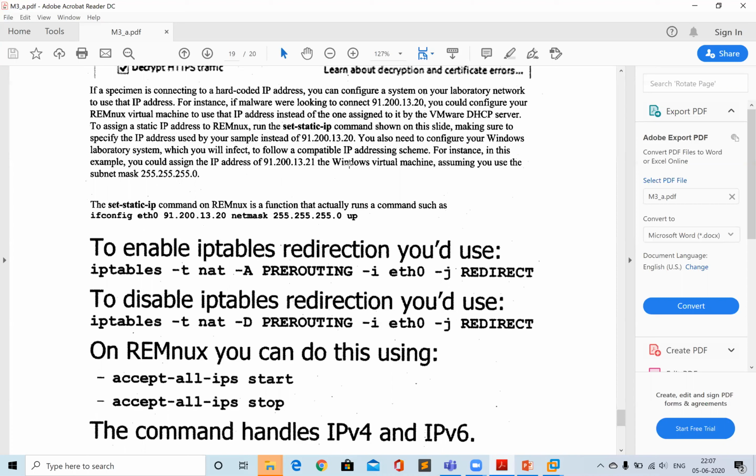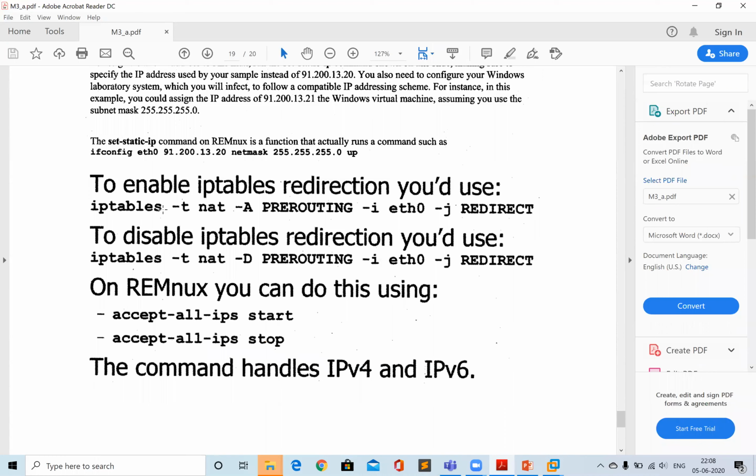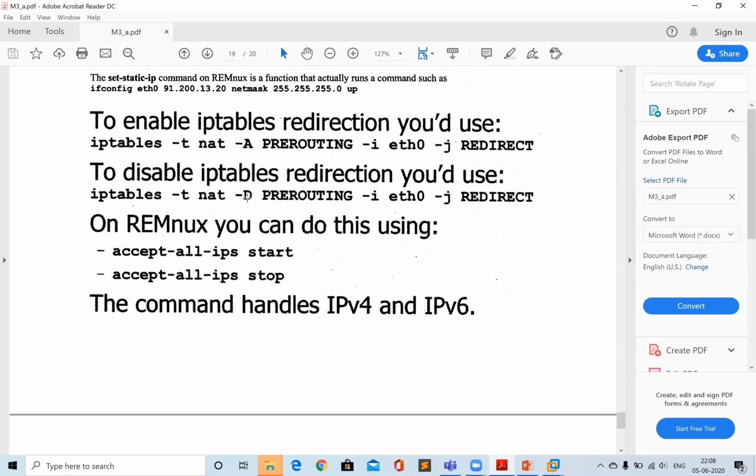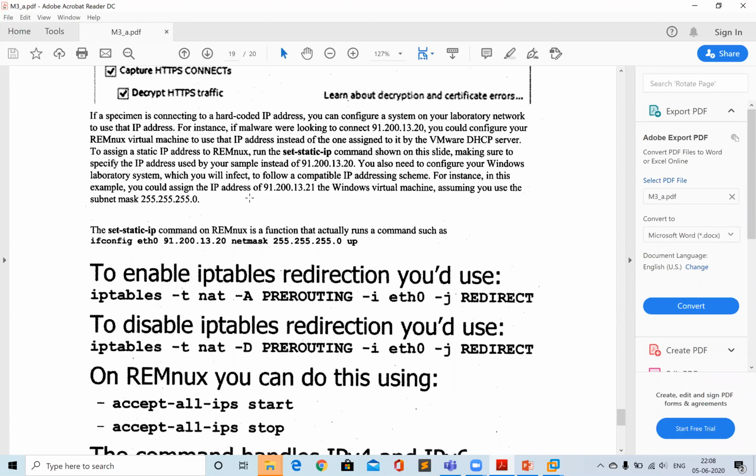But there are other ways, if you don't want to change the IP address every time. There is something called iptables. If you execute the command iptables -t nat, it will route every IP address like 91.200 to your original Linux VM IP that starts with 192 or something.